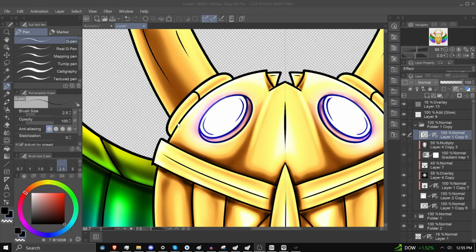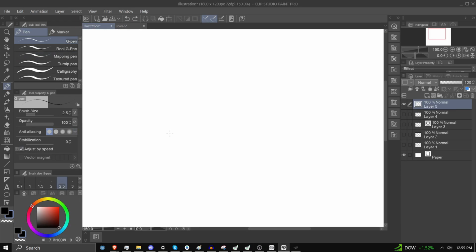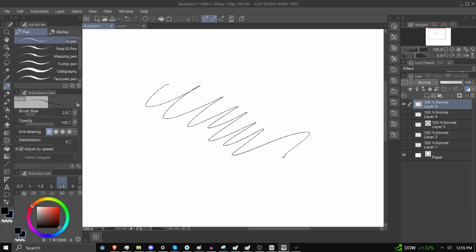So you want to know how artists are able to get these smooth, curved lines with their digital illustrations? Well, what is being used is a pen stabilizer. How it works is this. When your stabilization is 0 with your pen, if you try to go wobbly lines, it comes out like that. However, if you take your stabilization and crank it all the way up, what you get when you try to do the same exact motion is